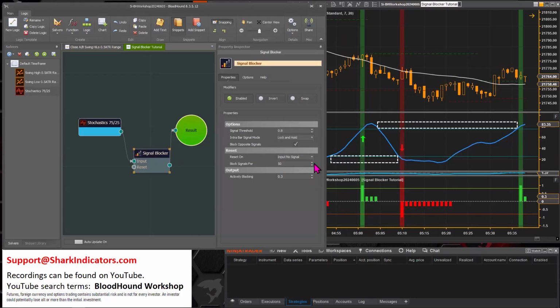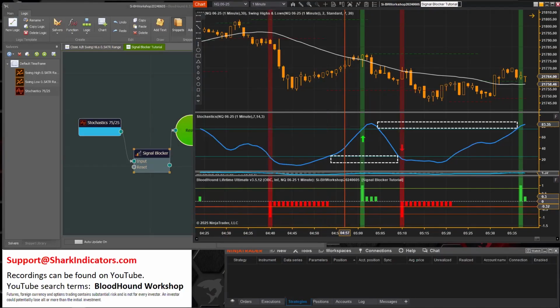And again, our reset is no signals. So when resetting the signal blocker, the no signal is referring to whatever is being blocked. So if we're trying to block the opposite signals, well, if there is no opposite signal, then